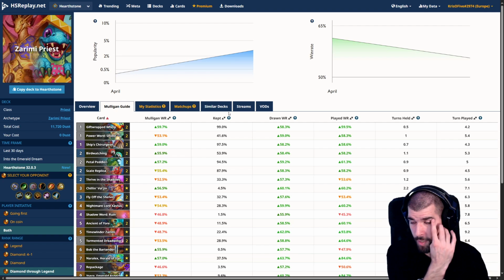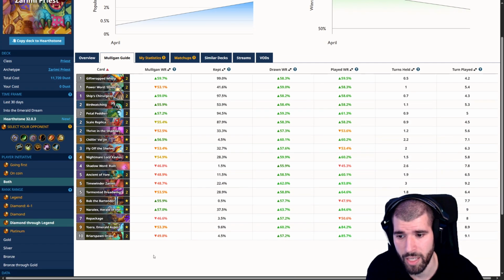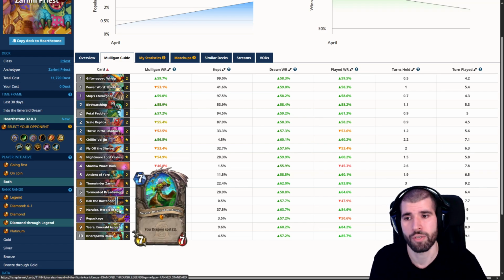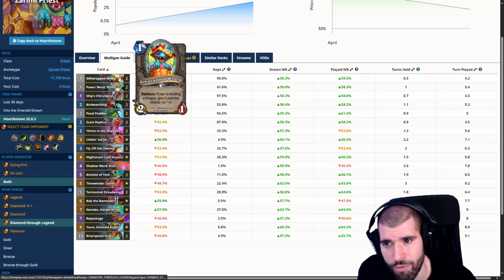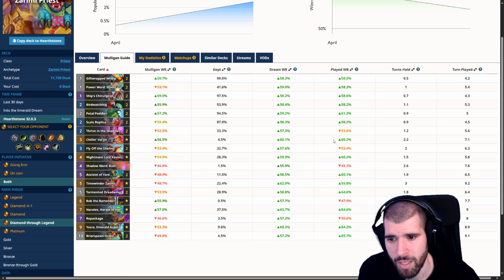On the number 3 spot, Zarimi Priest was actually super strong, and this is a lot more expensive variant of Zarimi Priest that's actually abusing Narrowlex to very good use. You have plenty of not so expensive dragons too, with things like Gift Wrapped Whelp, with Ship's Chirurgeon. The new Petal Peddler is actually kind of cool, but the main gist of this one is actually you wait